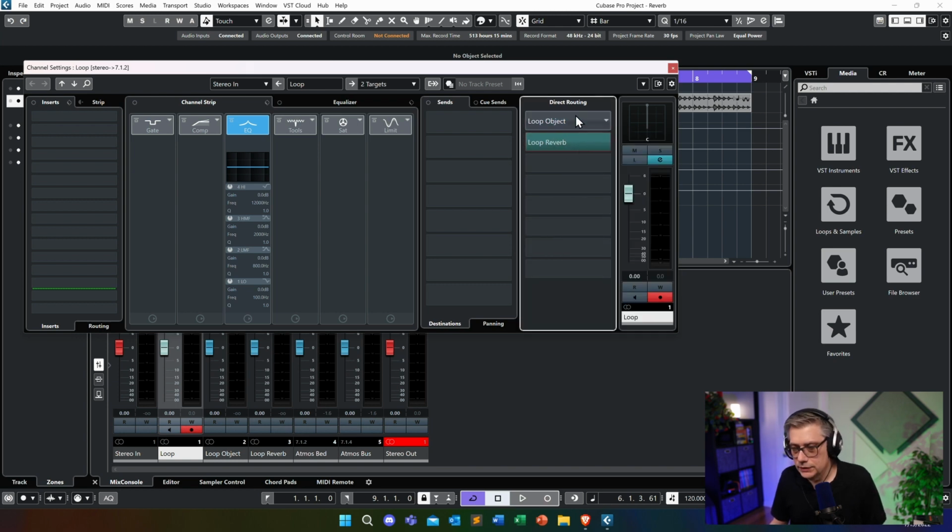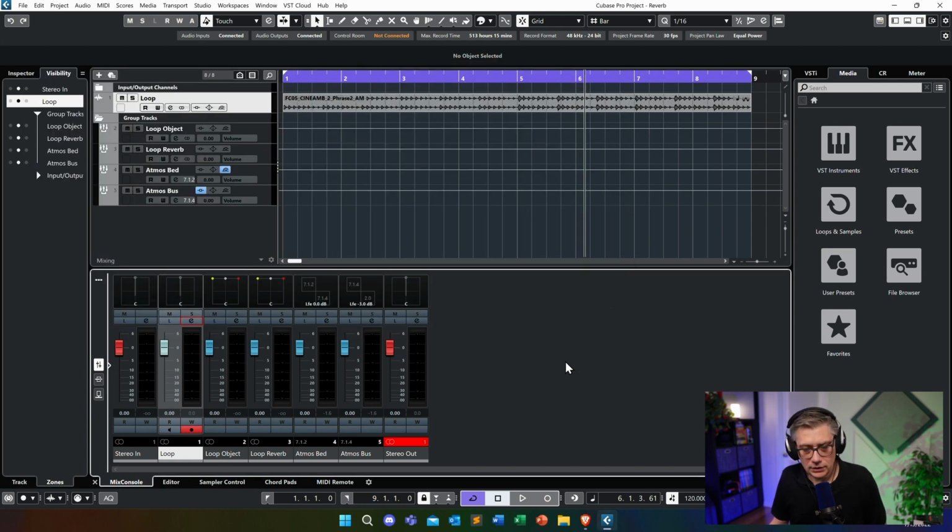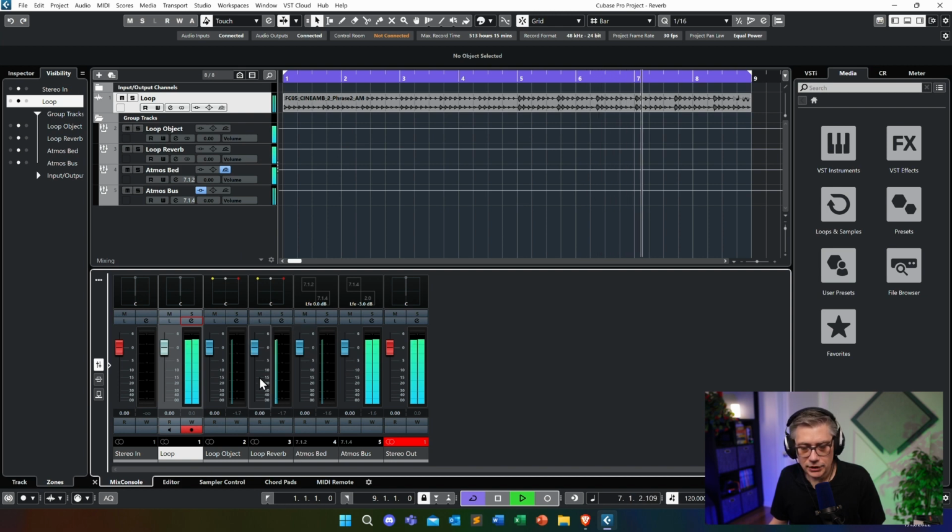So if we click on them, we only enable one. What we need to do is hold the shift key and click, and then we have sent it into two. So by shift clicking, you can select multiple destinations here. Let's just check if everything is sent correctly. If I play that now, I have not yet connected the object to the actual object of the Dolby Atmos renderer. At the moment, it's just routed into the bus, but we should at least have action on those two tracks,